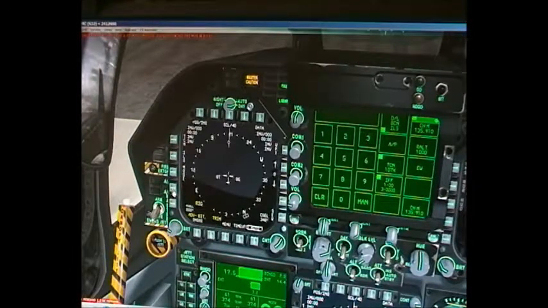We press that, and up at the top here we have TCN, which is TACAN. So we'll box that. Now we have to put in a TACAN code, and I just happen to have this one ready for us, which is